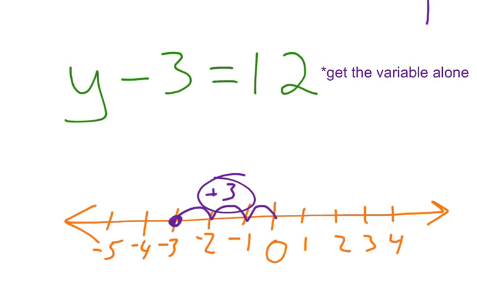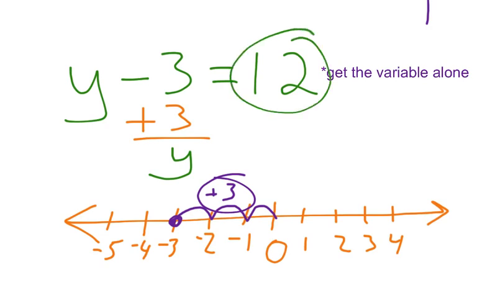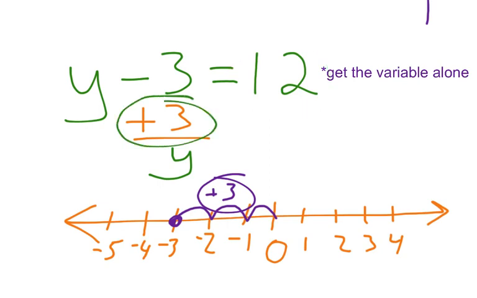So, I'll go ahead and do that. I'm going to add 3 to negative 3. That makes that 0. I've got nothing there except I'm left with my y. Then I need to do the same thing to this 12. I've got to keep the equation balanced. I can't add 3 to this side and just do nothing over here. The equation will not be the same on both sides anymore. So I still need to add 3 to this side in order to get 12 plus 3, which is